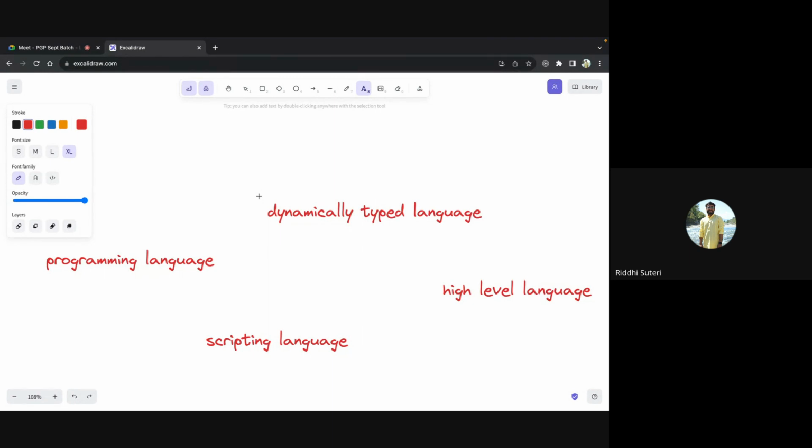Then that would be correct. Responsivity is a slightly different thing. Responsivity means, as we have discussed in the last few classes, that in case your website is opened on different screen sizes, if your website is able to accommodate itself according to the screen size, if it looks equally good on all the screens, then it could be called a responsive website, right?